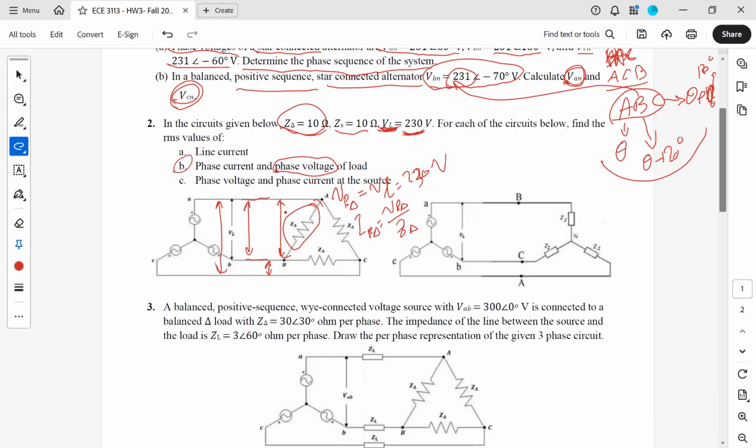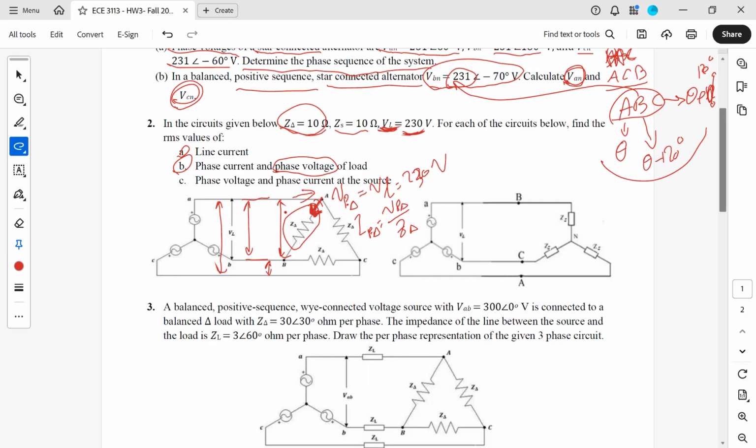So part B is very easy to calculate knowing the rules between the line voltage and phase voltage in a delta connection. Now, in a star connection, sorry, let's go for part A. Now that we have the phase current of each load in the delta connection, we already went through that in class: the line current is going to have the same rule as the line and phase voltage